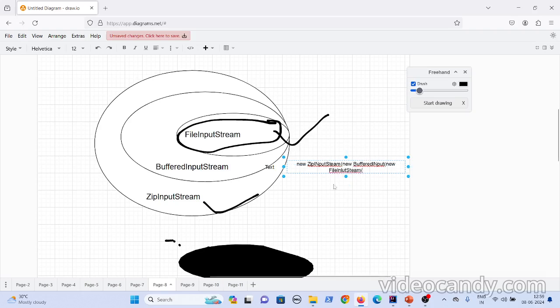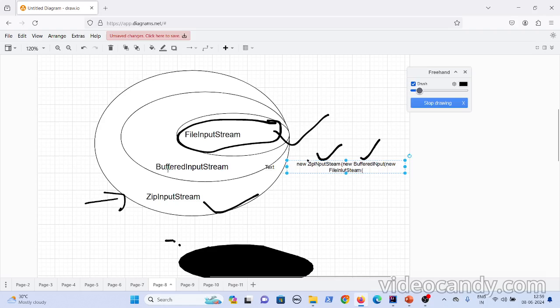Now what happens here is, this FileInputStream is the component, and this BufferedInputStream is one decorator and ZipInputStream is another decorator. So outside you will have ZipInputStream, and it will route the request to the buffered one.